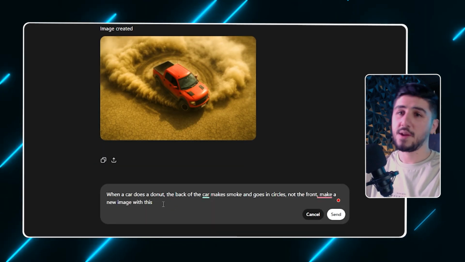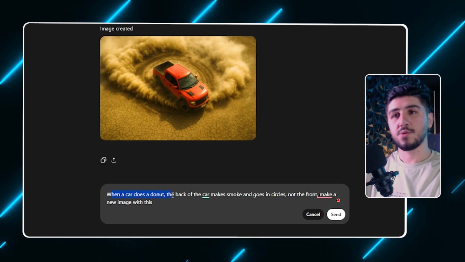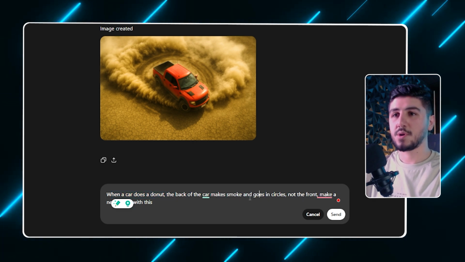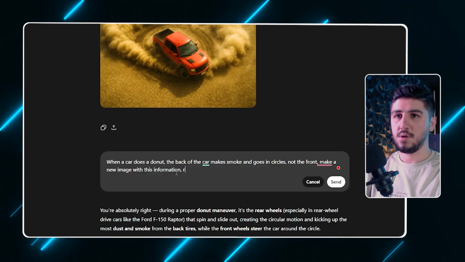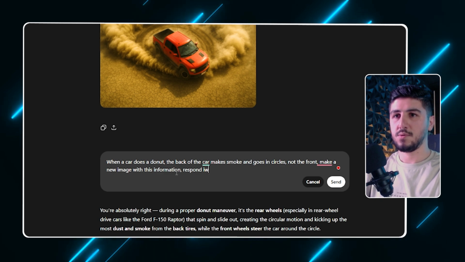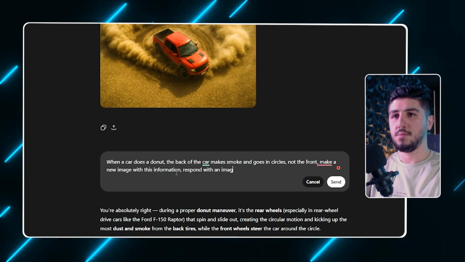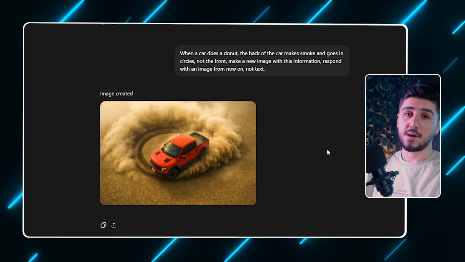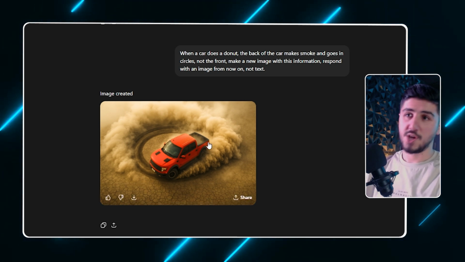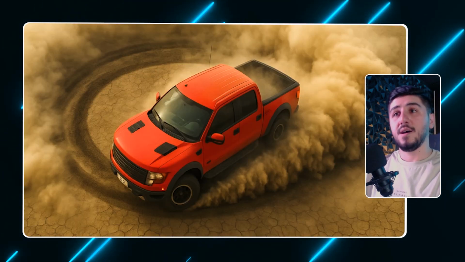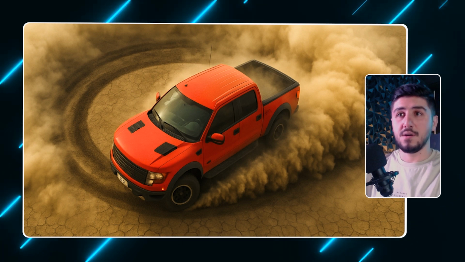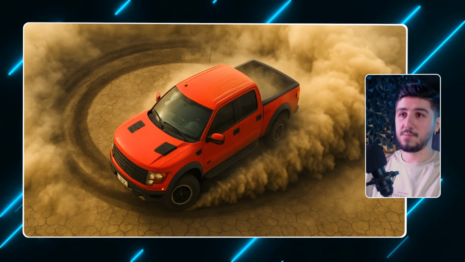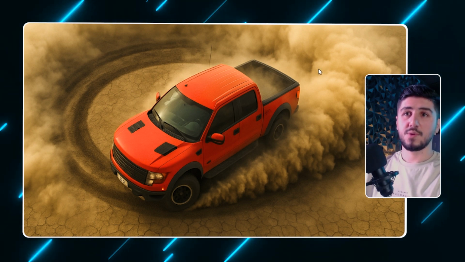Okay, so my next prompt is, when a car does a donut, the back of the car makes smoke and goes in circles, not the front. Respond with an image from now on. Let's see what our second attempt looks like with ChatGPT. As you can see, it hasn't understood the donut action properly,